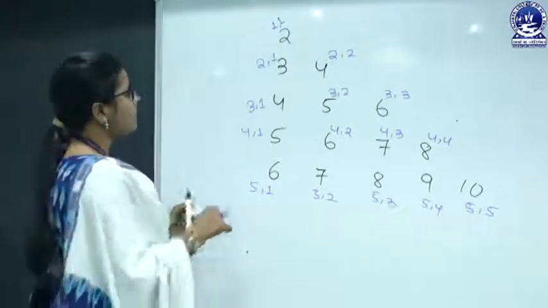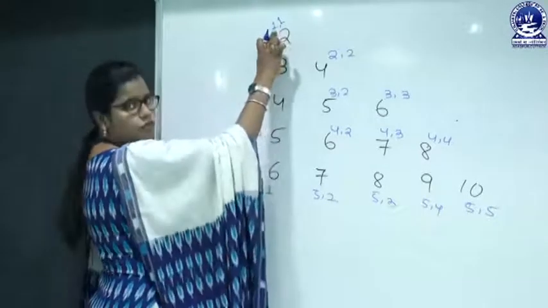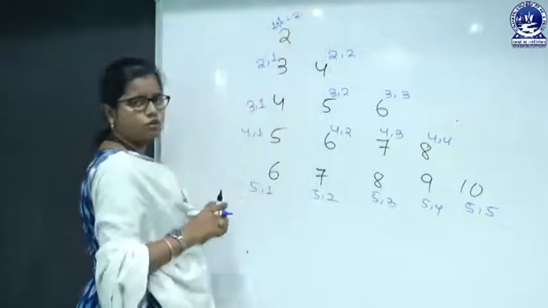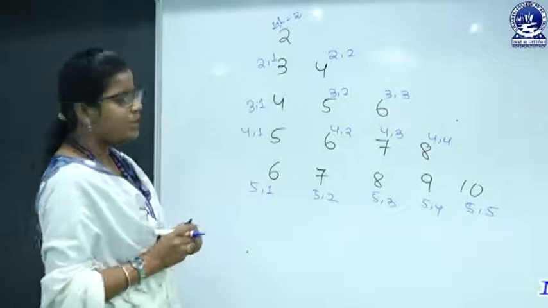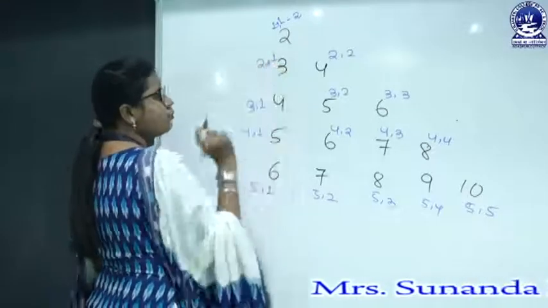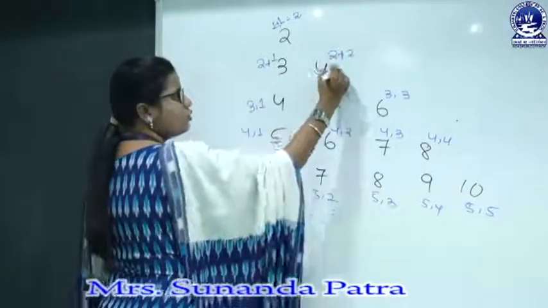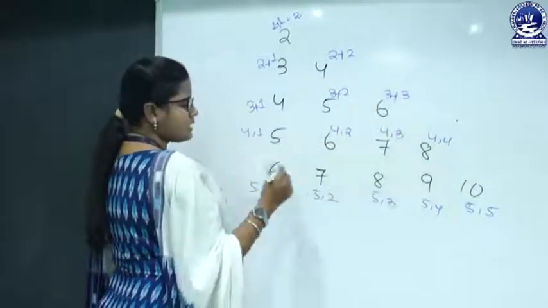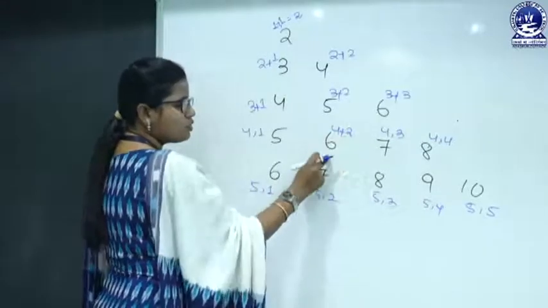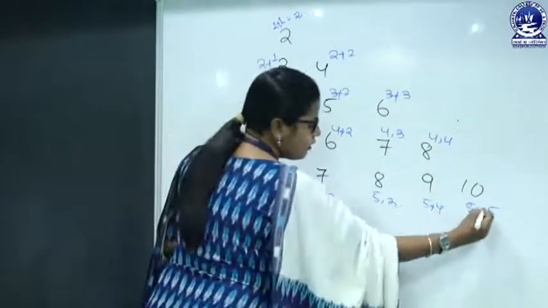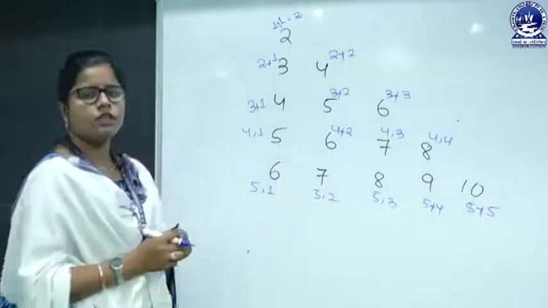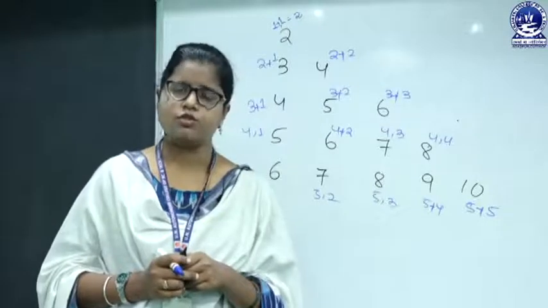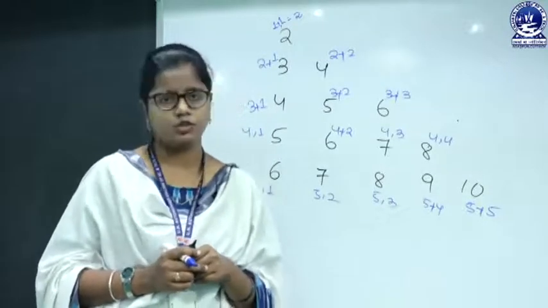So what is the logic here? Here is the row number 1, column number 1. If we add this, then what will be the result? 2. So we have to print the 2. Like 2 plus 1, what will be the result? 3. 2 plus 2, 4. 3 plus 1, 4. 3 plus 2, 5. 3 plus 3, 6. Like that, here is 4 plus 2, 6. 5 plus 4, 9. 5 plus 5, 10. So we have to add the row position and the column position. So whatever summation value we get, that we need to print there.